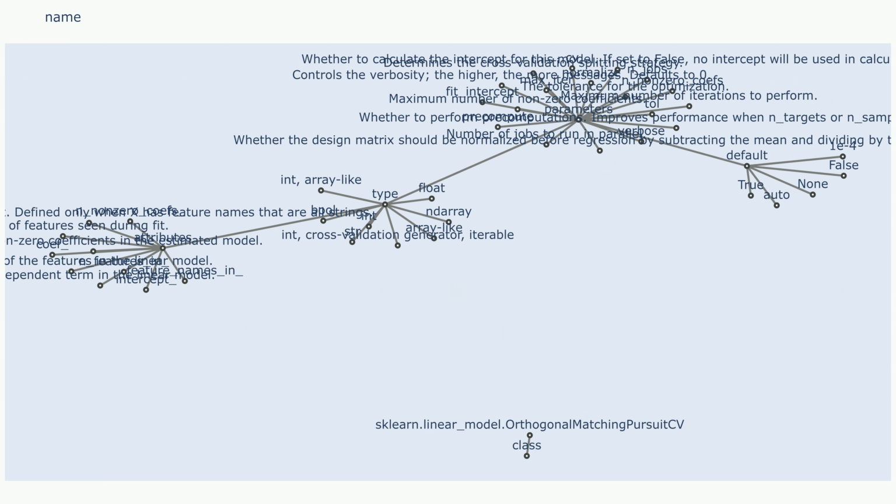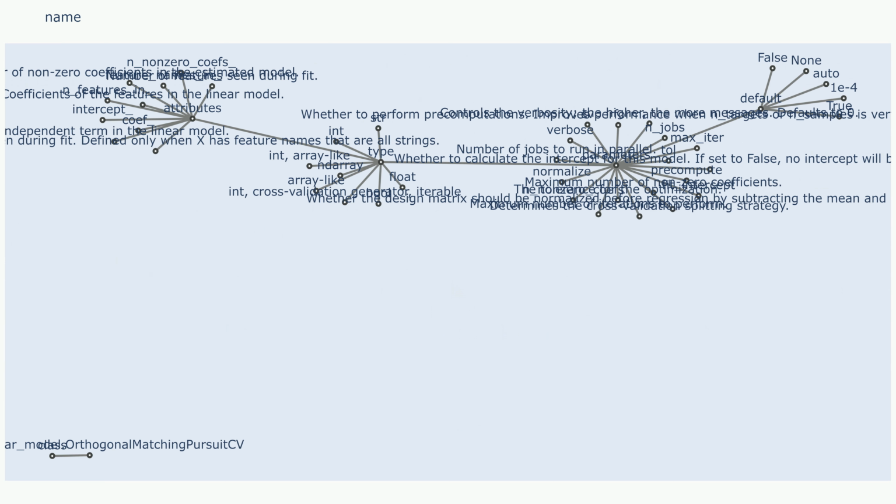This method is particularly useful when you want to utilize the selected features in subsequent models.